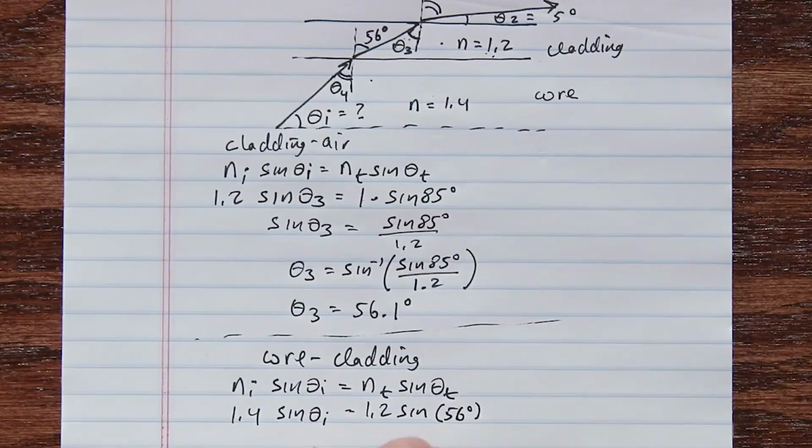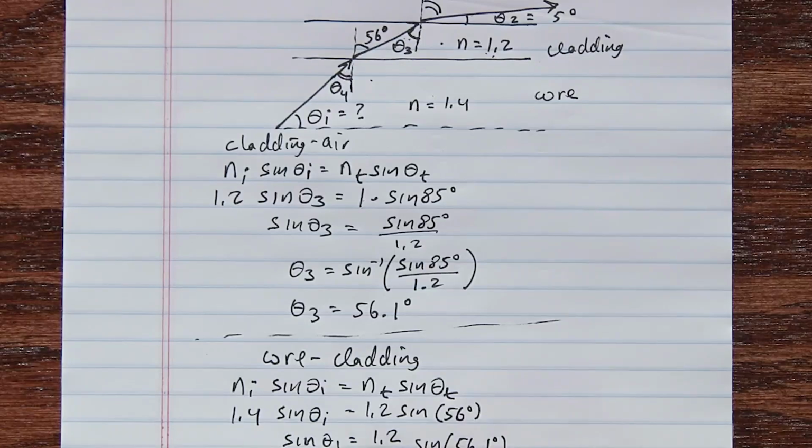I'll put that 0.1 in. And so we have sine of theta 1 is equal to 1.2 divided by 1.4 times sine of 56.1 degrees, or theta incident is equal to the inverse sine of 1.2 divided